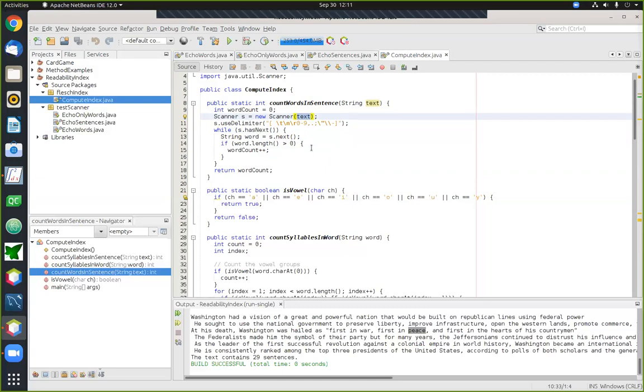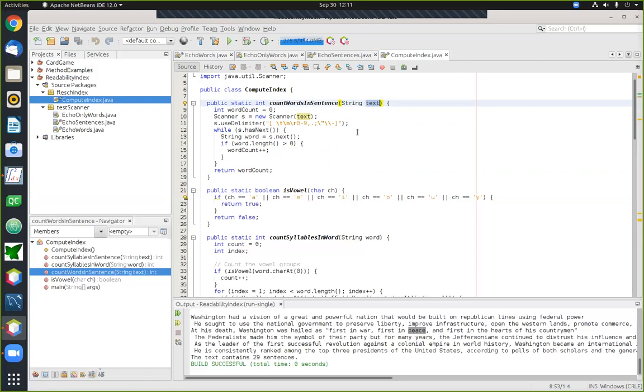Right, and again, when I create the scanner variable, I can call that variable anything I like. Here, for simplicity, I simply decided to call that S. But again, whenever you set up a variable, you can choose any name you like for it. Okay, and the scanner itself will be working with whatever text comes into the method here when we call the method. All right, thank you.